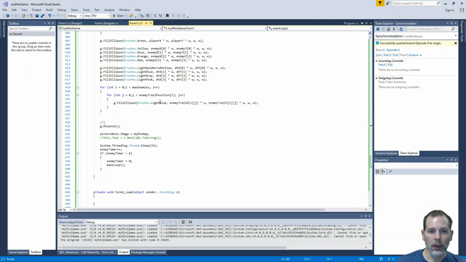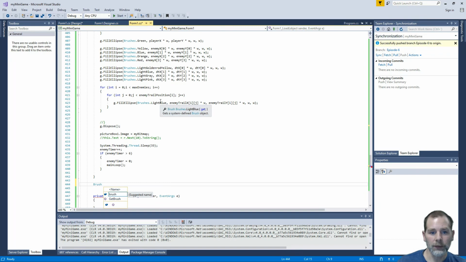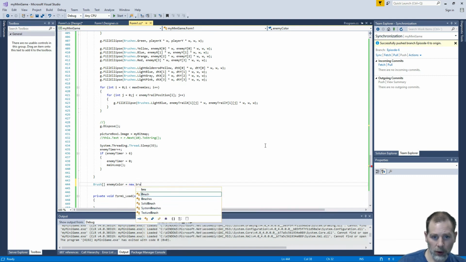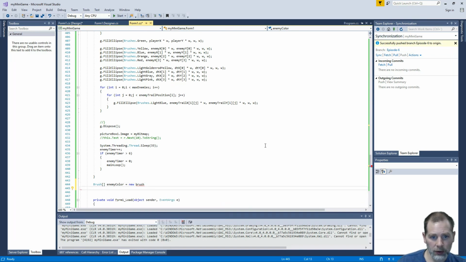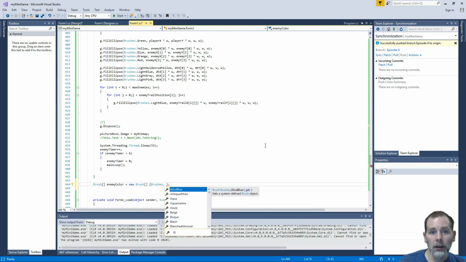Okay, I think in order to draw this stuff better, one of the things we need to do is we're going to make a list of colors for enemy colors. So we're going to go like this, enemy color equals new brushes, because I think it should be new brush. And is this how you do this? I forget. You go brushes dot light goldenrod yellow,